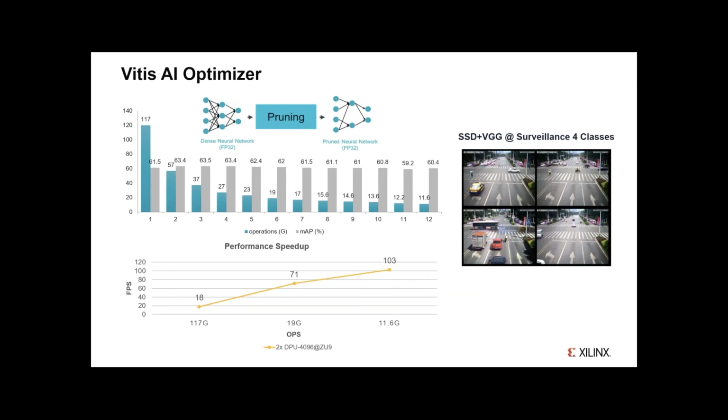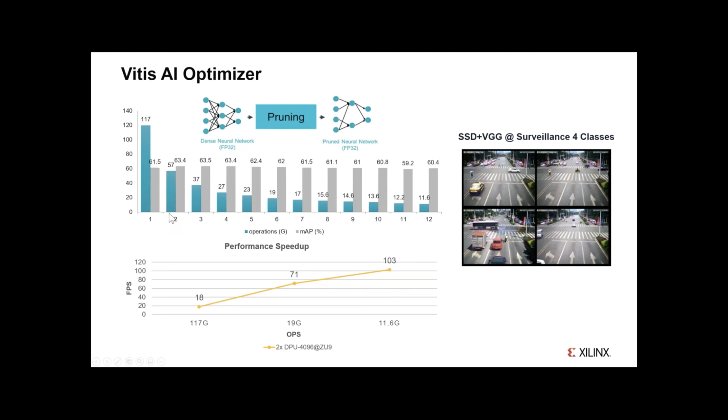This slide gives you a little bit of an overview of the Vitis AI optimizer. The model of interest here is SSD with a VGG backbone. It was trained on a 4-class data set for surveillance. The blue bar on the far left is the number of gigaops required by the model to do one inference. So if you send one sample through the model, this is how many gigaops are required to compute the output. The gray bar is the mean average precision of the model on the data set. At the initial start, we achieved 61.5% mean average precision, and the model had 117